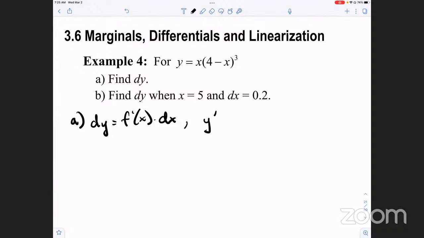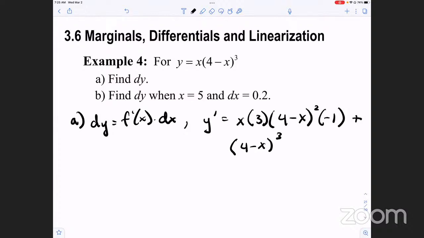For y prime, looks like we have to use the product rule. So the first times the derivative of the second is going to be 3 times its 4 minus x squared times a negative 1. Right. So first times the derivative of the second, but for the second you have to do the chain rule. So derivative of the outside times the derivative of the inside. First times the derivative of the second plus the second, which is this guy,